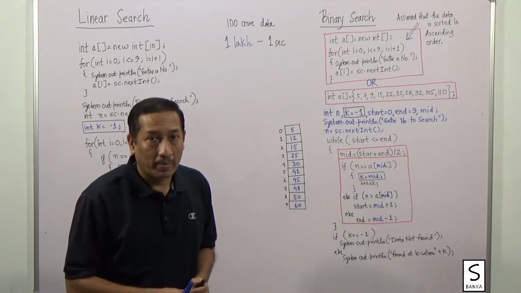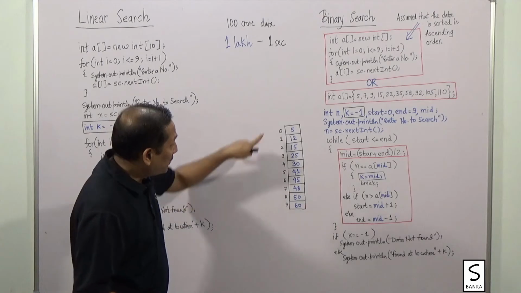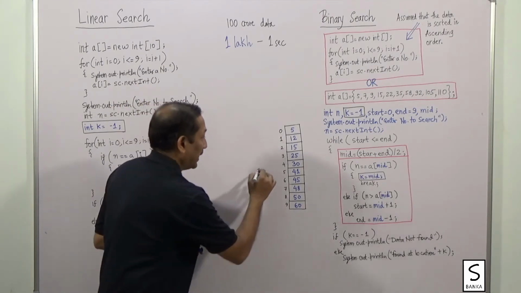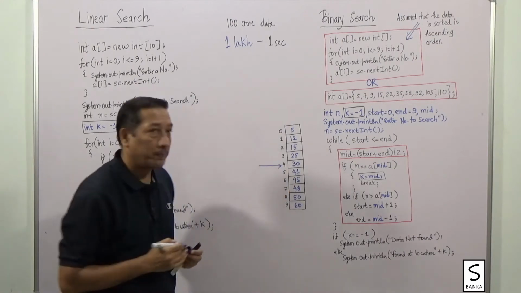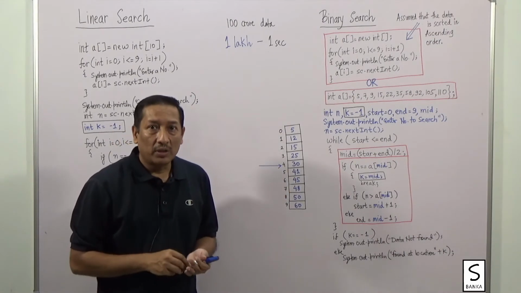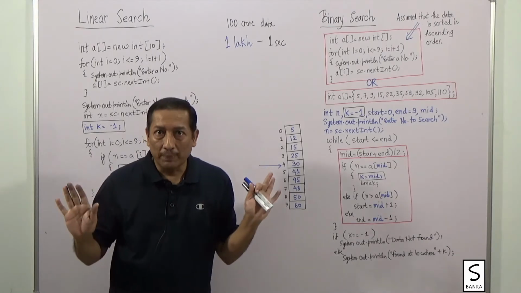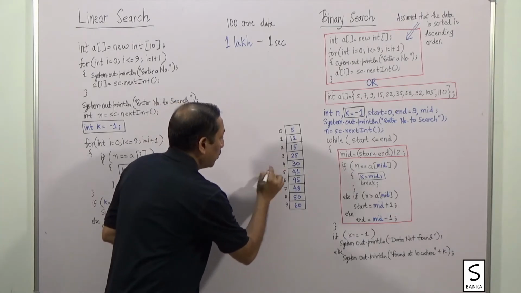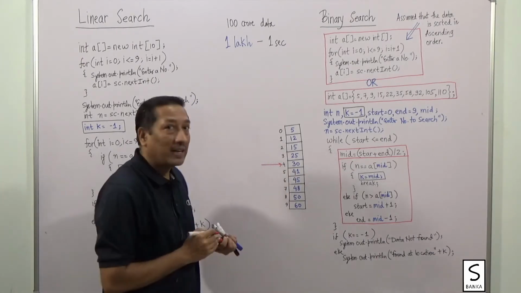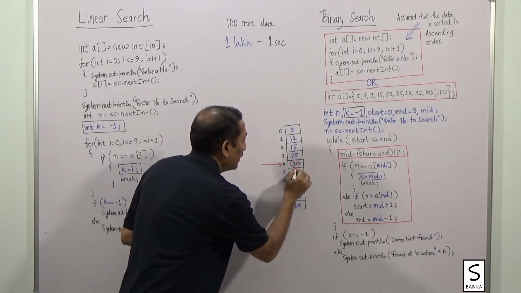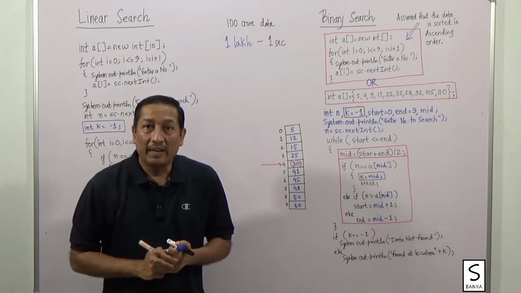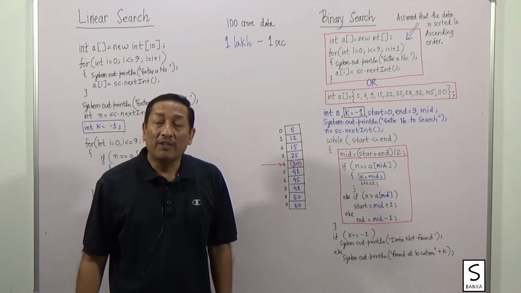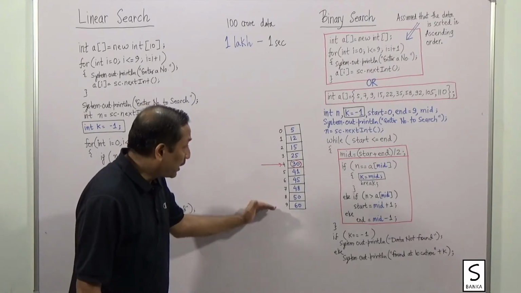effective. Let's see how. Instead of checking the entire array, binary search locates the midpoint of the array. Let's say this is the midpoint, and if the data is found at this midpoint, the searching is over. But if the data is not found at this midpoint, what are the possibilities? One possibility is that my data is bigger than 30. In that case, the data will not be below 4, it will be above 4. And if my data is less than 30, it will not be above 4, it will be below 4.